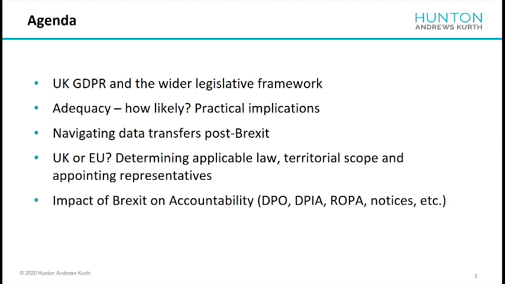Given the short time that now remains until the end of the transition period, we've seen an increase in questions about the practical aspects of Brexit on data protection. And so we decided to offer today's update. We'll focus on practical issues that arise, questions that people have asked us, we'll explain the legislative changes, and we'll provide an update on the all-important question of adequacy. Is it likely? What will the impact of it be? Whether we get it or don't get it. We'll also examine some of the practical steps that organisations should be focusing on now, in addition to data transfers.